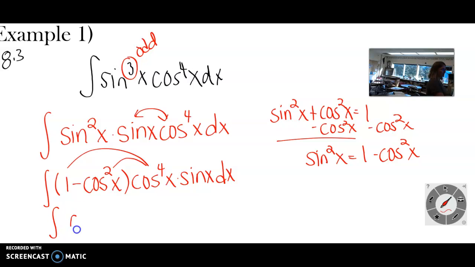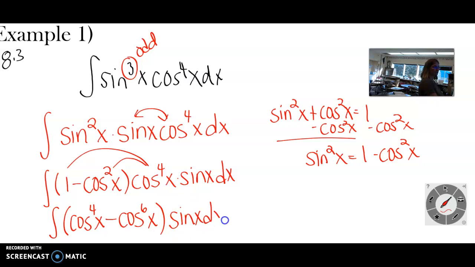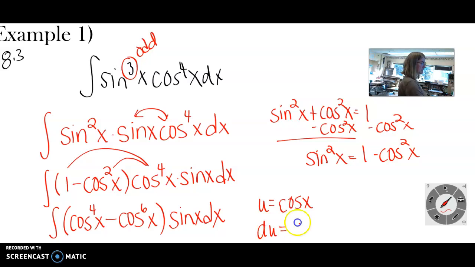So we're going to distribute the cosine to the fourth power. I have cosine to the fourth x when I multiply it by 1, and then minus cosine to, you add your exponents, so it's cosine to the sixth x, and then I still have this sine x dx over here. Okay, now think about what you could do here. At this point, if you let u equal cosine of x, then our du becomes,